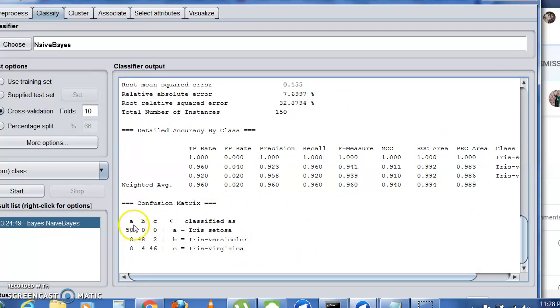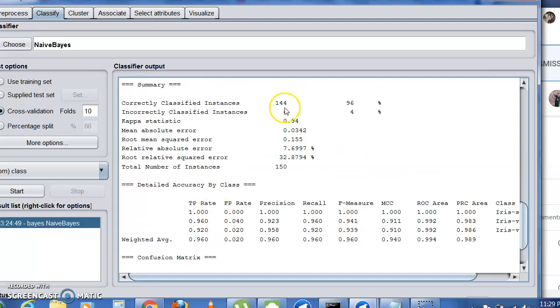See here, A is Iris setosa. All 50 instances of Iris setosa are properly classified. For Iris versicolor, out of 50, 48 are correctly classified, whereas 2 are incorrectly classified. For Iris virginica, 46 are properly classified and 4 are not. So out of 150, if you sum up all of these you will get 144, and if you sum up the others you have 6.